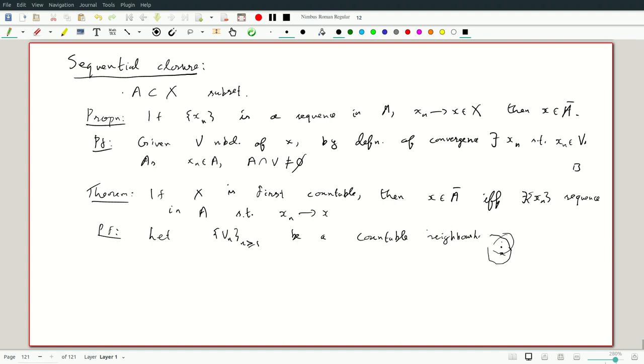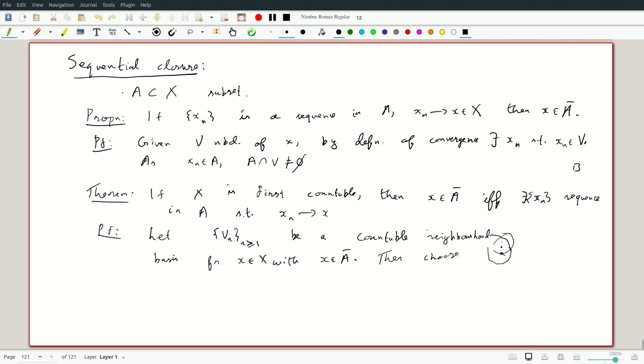So let's assume X is as above, with a neighborhood basis for x in X. Suppose x is in A bar, and let Vn be a countable neighborhood basis for this. Okay, then